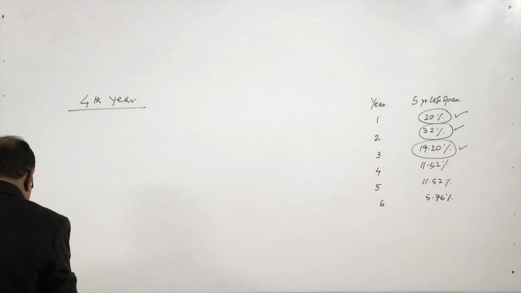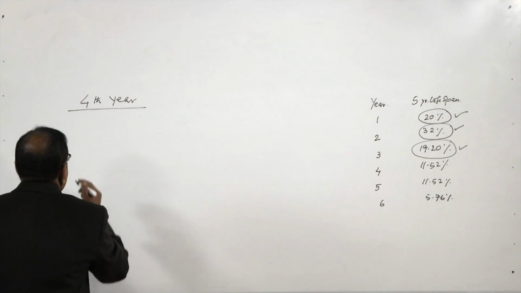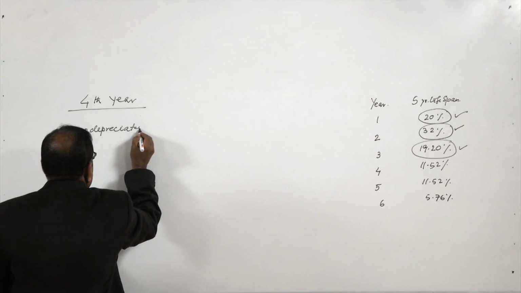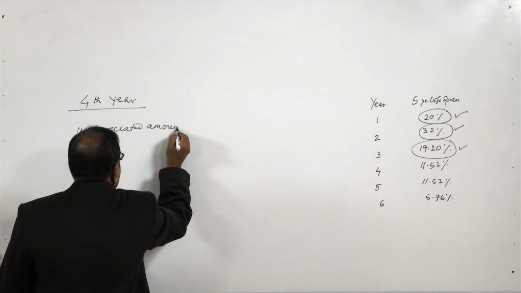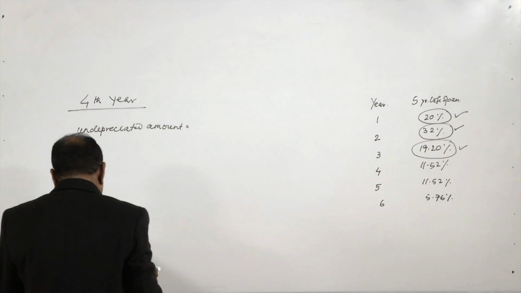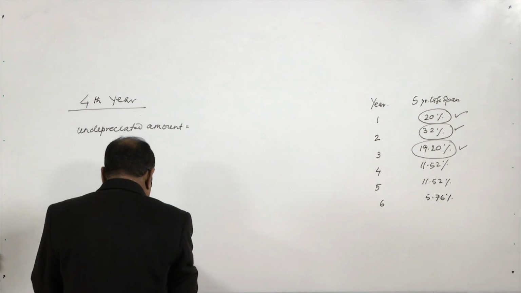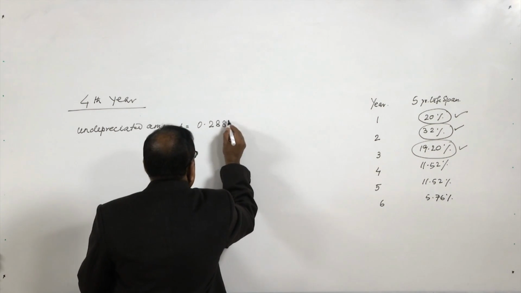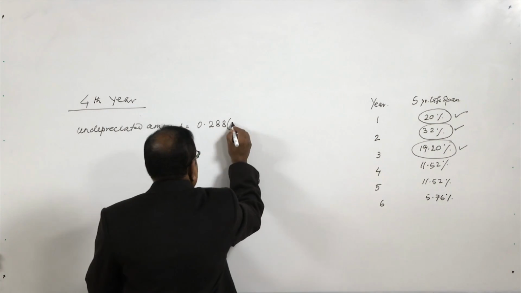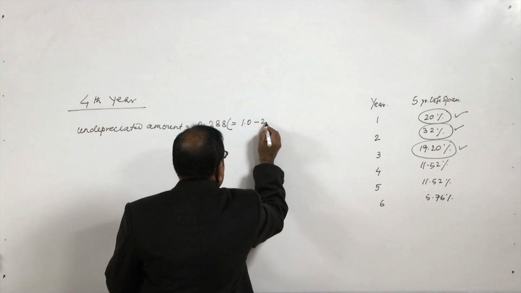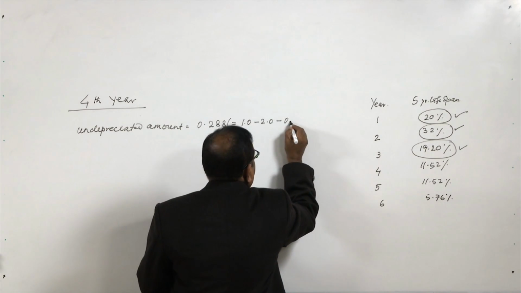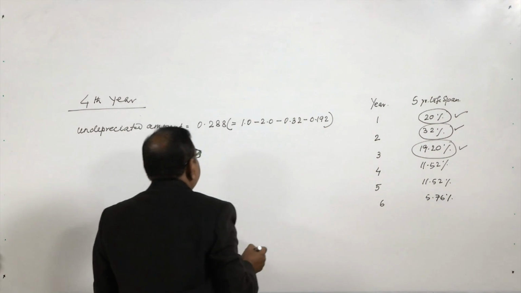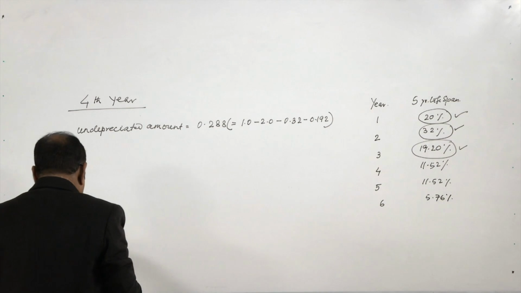Now, if you go to the fourth year, the undepreciated amount is equal to 0.288, and how has this arrived? This is 1.0 minus 0.2 minus 0.32 minus 0.192. This will give you 0.288,